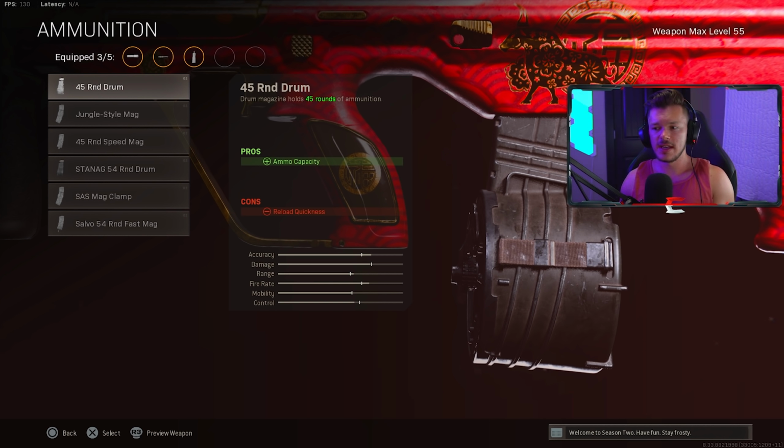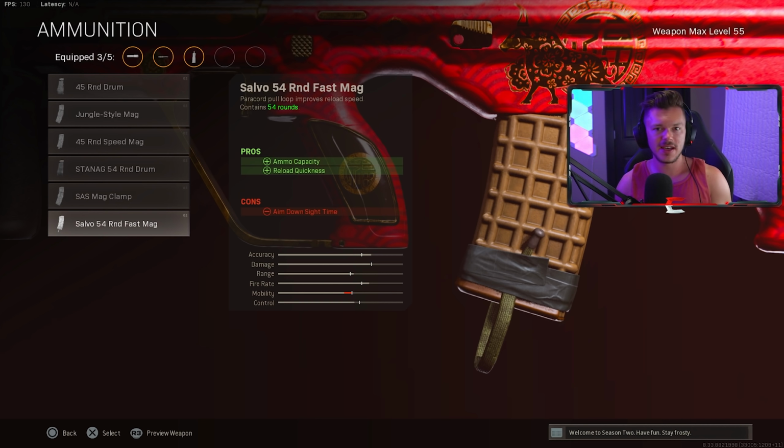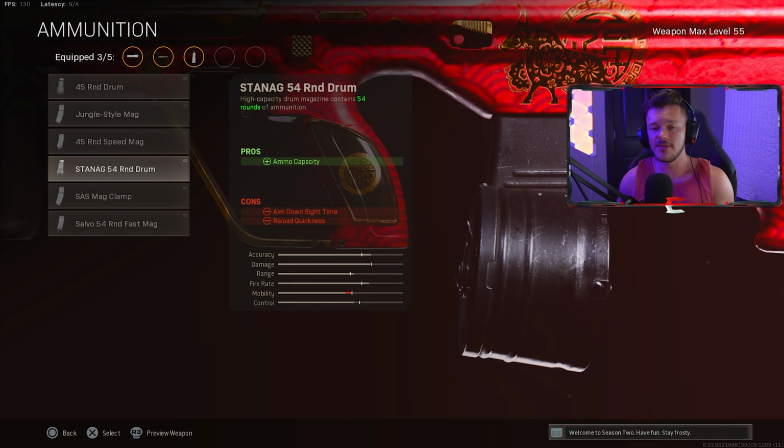For the ammunition side of things, this is going to be half personal preference, half something actually got nerfed. I used to run the Salvo 54 round fast mag because it was really solid and didn't give me much of an aim down sights time con. But since that update, they made it so that basically all of the fast mags do have an aim down sights time penalty, a negative 25%. So you definitely want to stay away from the Salvo